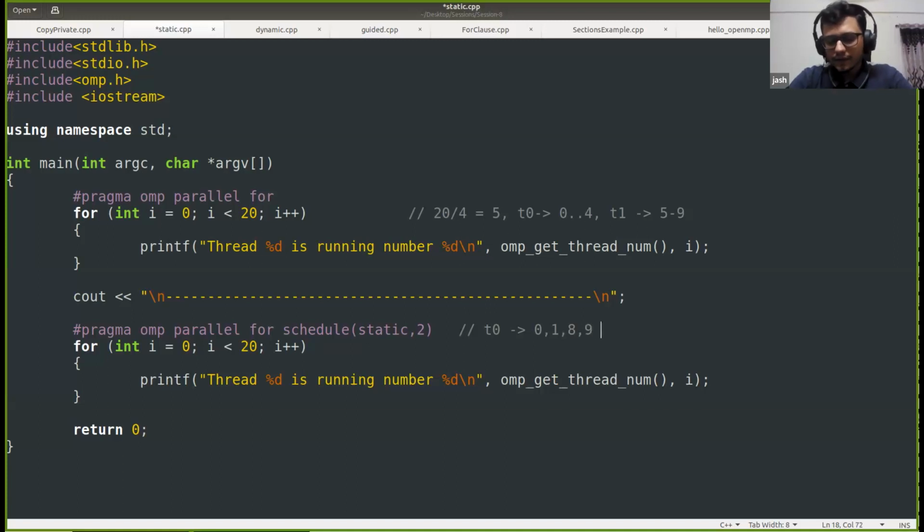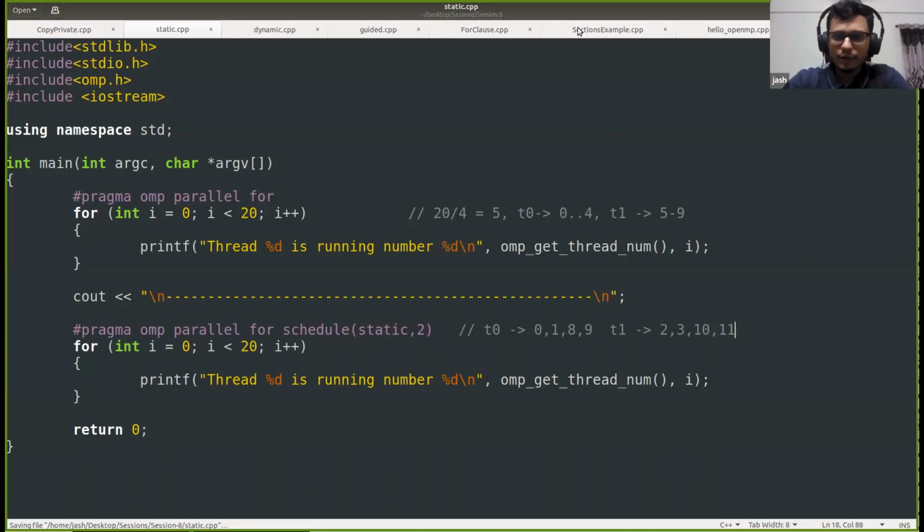And for thread 1 it will be 2, 3, 10, 11 and so on, and you can go further for thread 2 and thread 3 to see how the assignment will happen. Any questions so far?